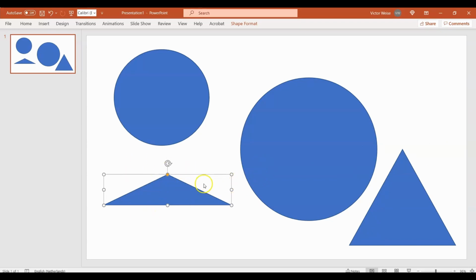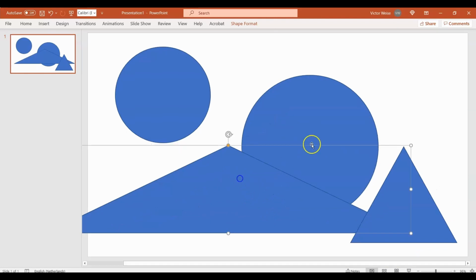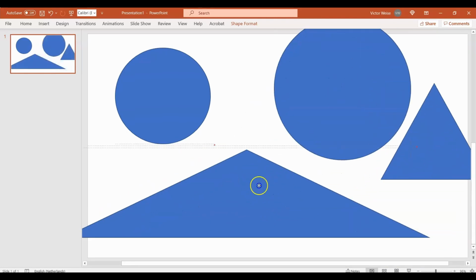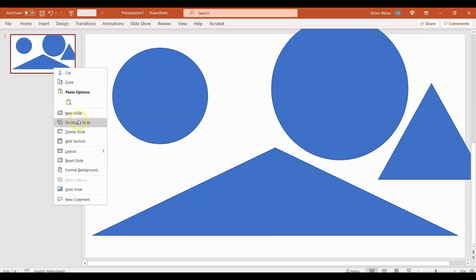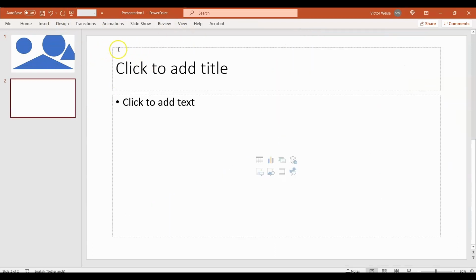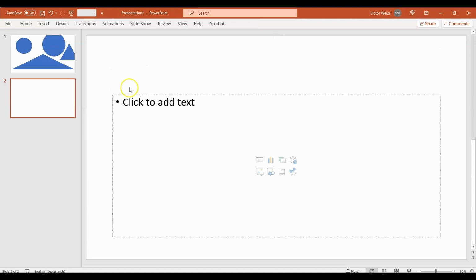This one's not a perfect triangle, but I want it to be this exact shape, but bigger. I click Shift again, and I hold it, and I make it bigger. Bam. It's that easy. And this goes for every shape you have. So if I go and make a new slide here, I will be able to show you more about that,